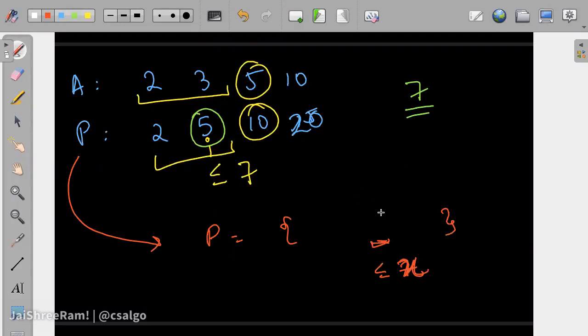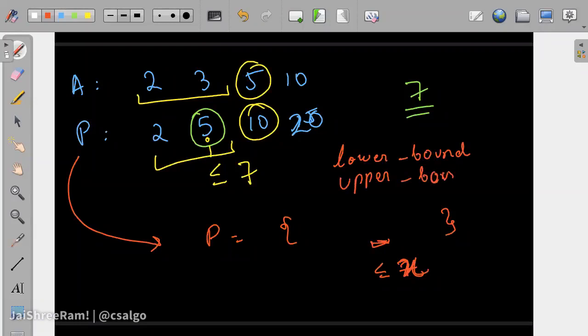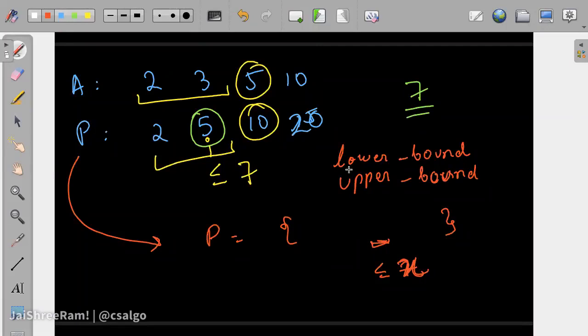That's what we mean. But there are two syntaxes: lower bound in STL, which was covered in the rundown, and upper bound. So these are the two things present. Now there are 2-3 options that you can take. Either you use lower bound in this problem or upper bound in this problem.